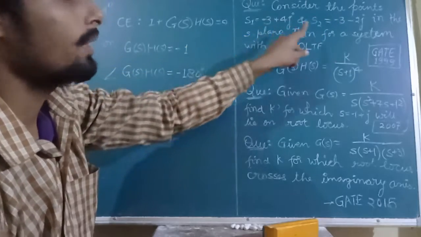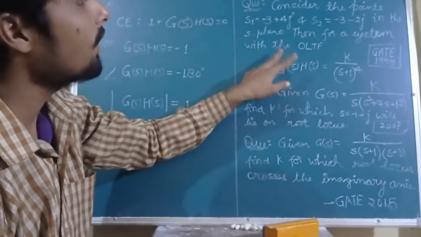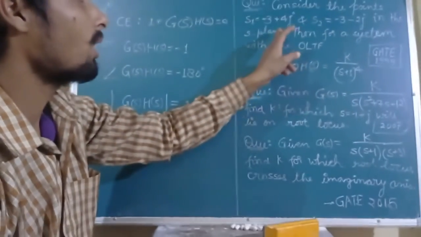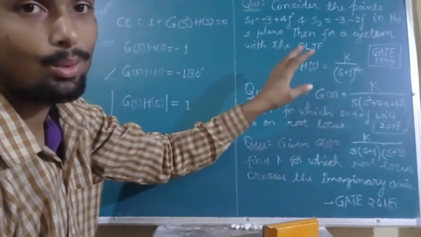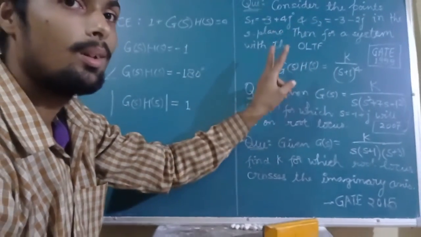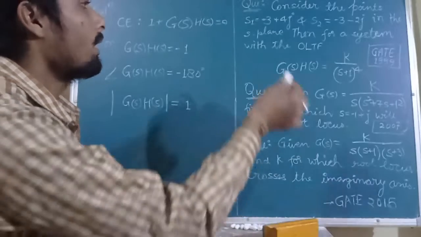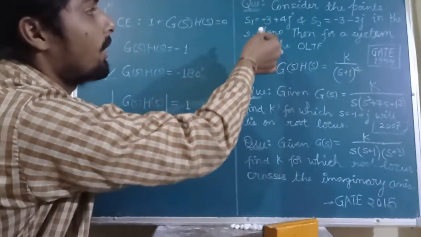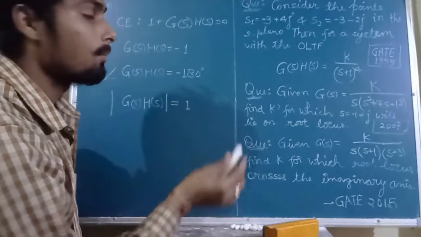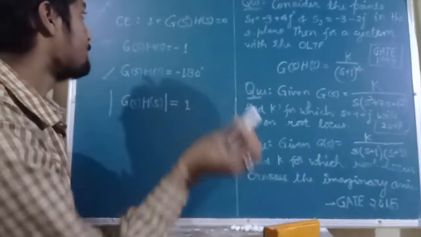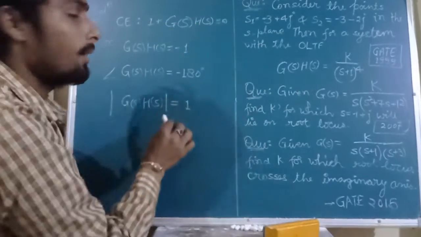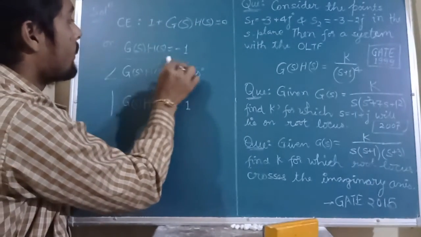Consider the points S1 and S2. 2 पॉइंट्स दिए हुए हैं और ओपन लूप ट्रांसफर फंक्शन दिया हुआ है। पूछ रहा है ये जो हमारा रूट लोकस बनेगा, ये दोनों पॉइंट्स में से कौन कौन से पॉइंट रूट लोकस पर होंगे। ठीक है, which of these points will lie on the root locus. ठीक है, कॉन्सेप्ट क्या है? 2 तरीके से निकाल सकते हैं। पहला है, जब हम 1 को उधर ट्रांसफर करेंगे देन वी विल गेट GSHS